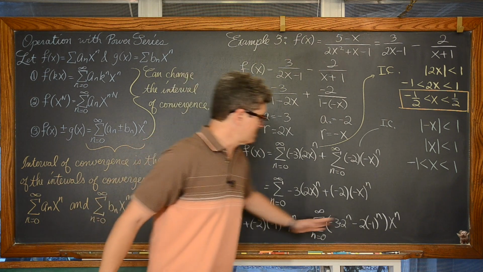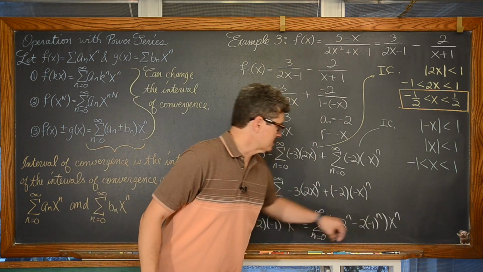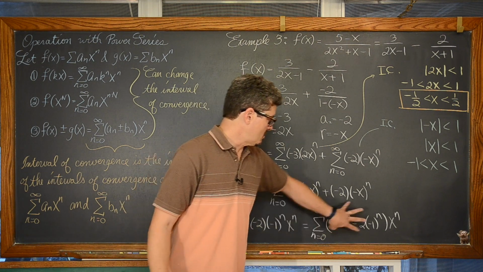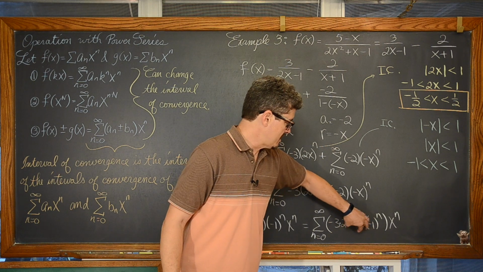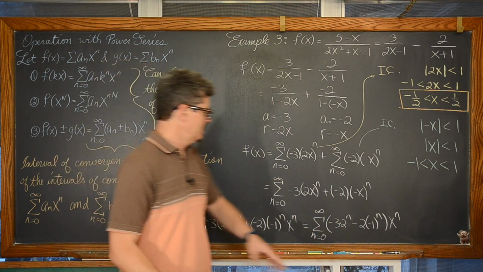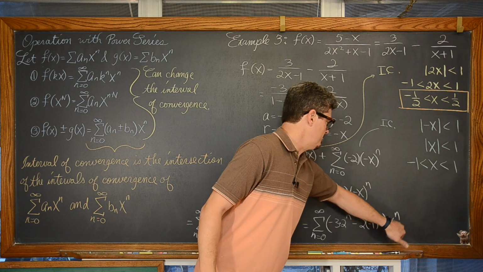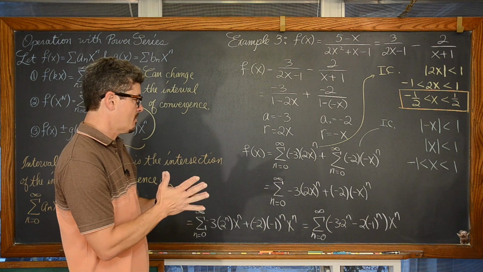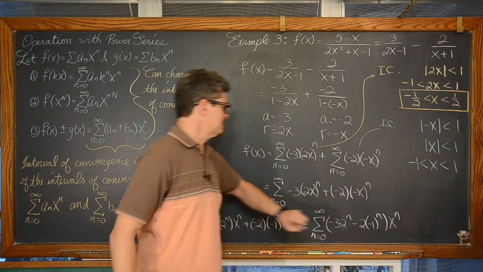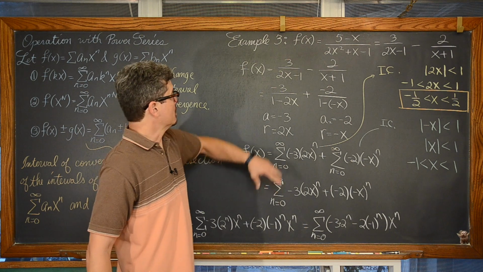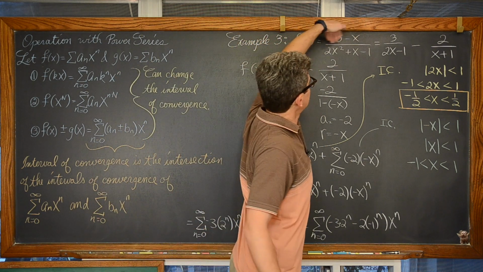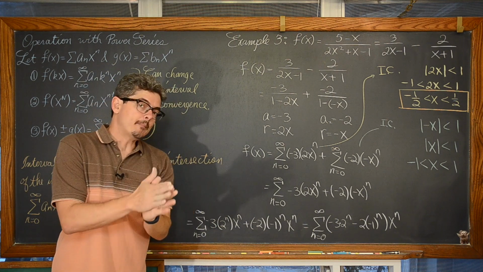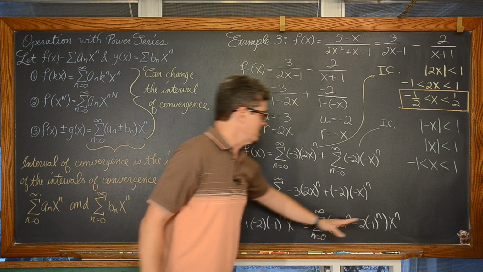So this geometric power series, and these are all constants. If you were to expand this out, letting n equal 0, n equal 1, n equal 2, and so on, this is just going to take on some kind of constant, and then we have x to the n power. That's your variable right here. This geometric power series is going to represent our original function here, (5 minus x) over (2x squared plus x minus 1), centered about 0, and this will give a valid answer.